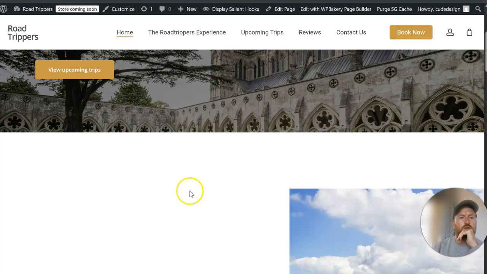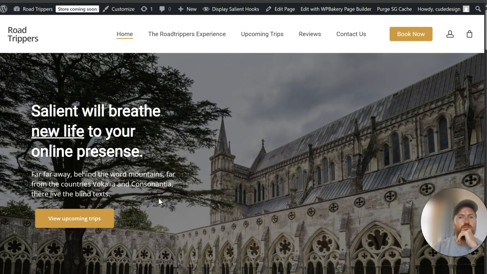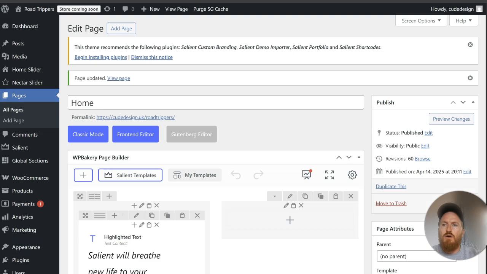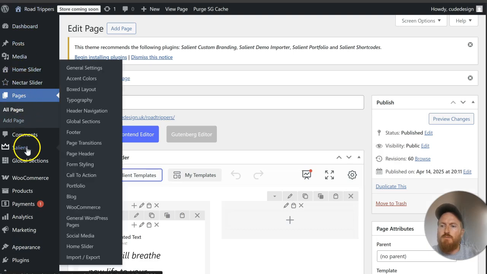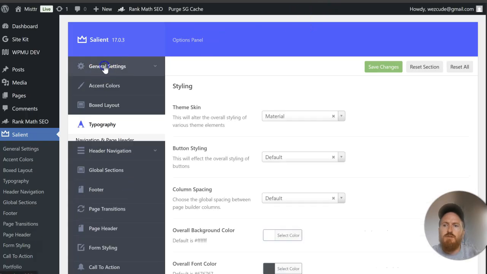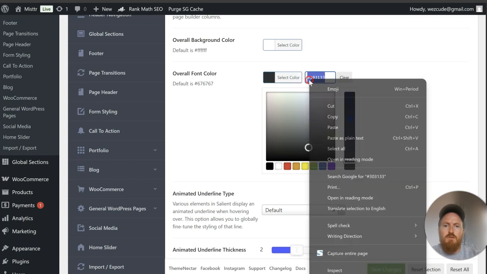Text color, so that's good. And then we've got another one down here, which we've got to work on as well. So these fonts which I chose really aren't working, I don't think. So I'm going to fall back on a website we used, which we built previously with a Salient demo, because I think these fonts just work really well. So let's just copy that across, and I think it will improve the